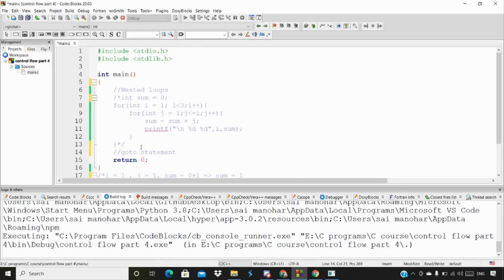So what is the goto statement? Let me explain it right now. The goto statement is available in the C language. It can be used to jump from anywhere to anywhere within a function. Let's write the code first, and then I'll explain that with the code. That's going to be better for you.